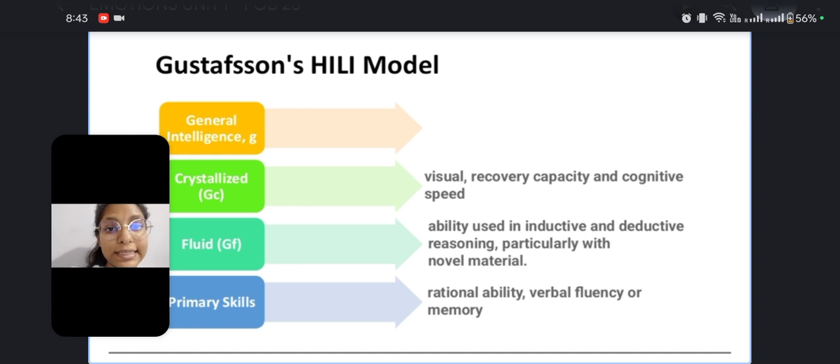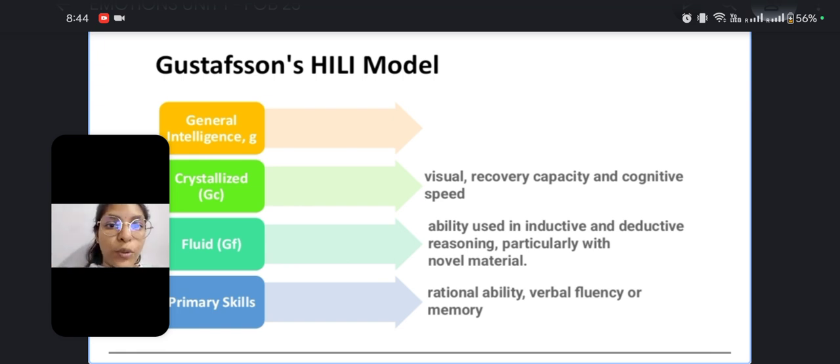So crystallized intelligence represents the intelligence accumulated or obtained over a period of time, and it increases with age. It talks mostly about experiences that require much more ability or capacity for an individual to go through an entire scenario. For example, let's take a clear example and differentiate between fluid and crystallized. I think you'll be able to understand it better that way.